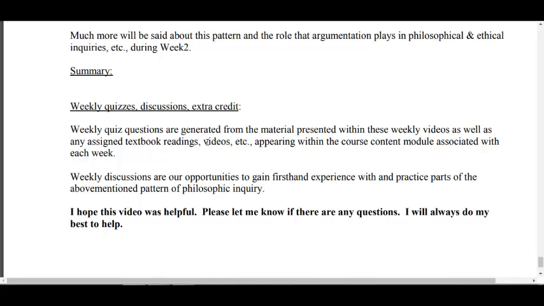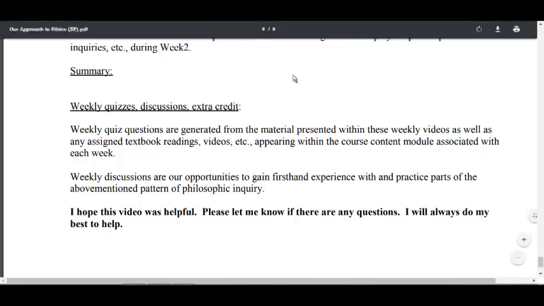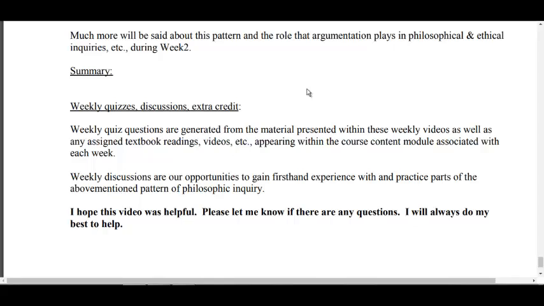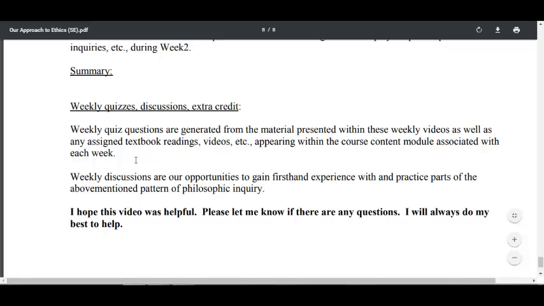designed? How are weekly quizzes designed? Weekly quizzes will always be about material inside these videos and these little handouts that go along with them, as well as quiz questions can be asked about the reading. They can be asked about any of the videos. Anything that appears inside a weekly module is fair game as a quiz or a test question. But the idea is that you have a weekly quiz each week. It will always be on material that occurs inside that weekly module. So if we're doing week 1, the quiz that appears inside this week 1 module will be about material in